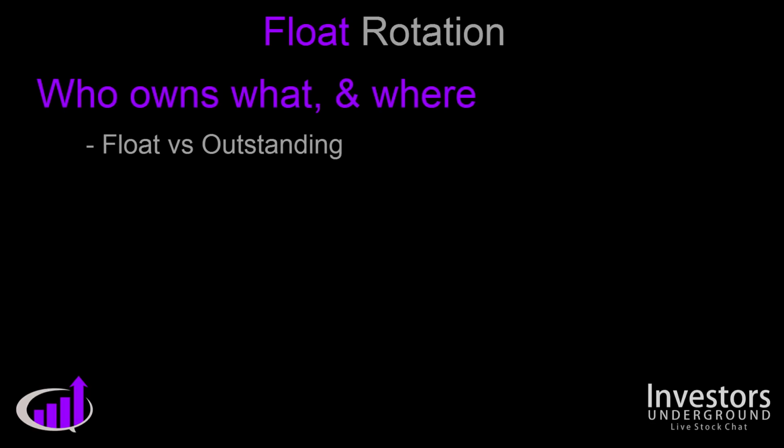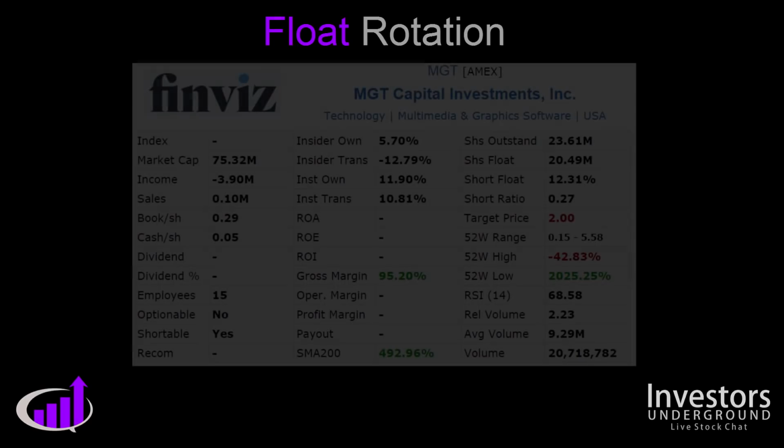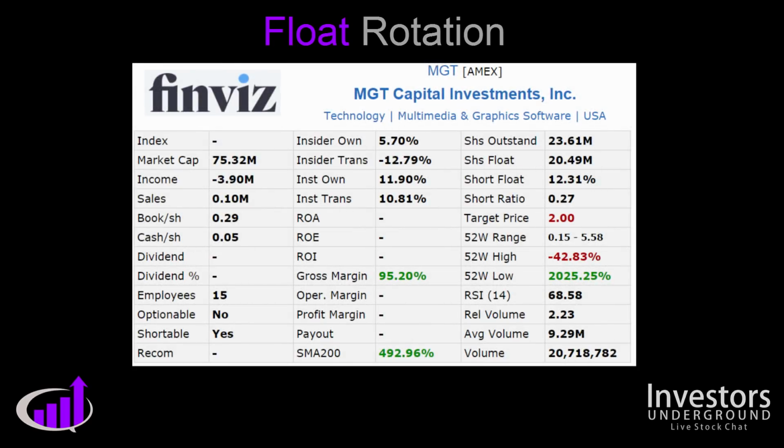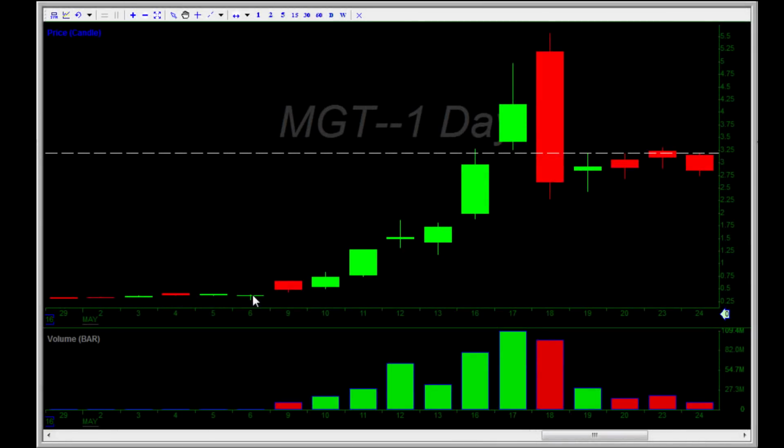Well, to help you guys understand it, we're going to look at what the float is versus what outstanding shares are. We can see on this particular stock, the shares outstanding is 23.61 million and the float is 20.49. The outstanding is the total number of shares in existence and the float is how many shares can be traded freely at the market. So if we inspect this chart and have a look, before momentum and volume really starts to step in and before this whole run takes place, this stock was trading between 30 and 40 cents on this day here. And the next day it gaps up on some kind of news and is essentially a doubler,